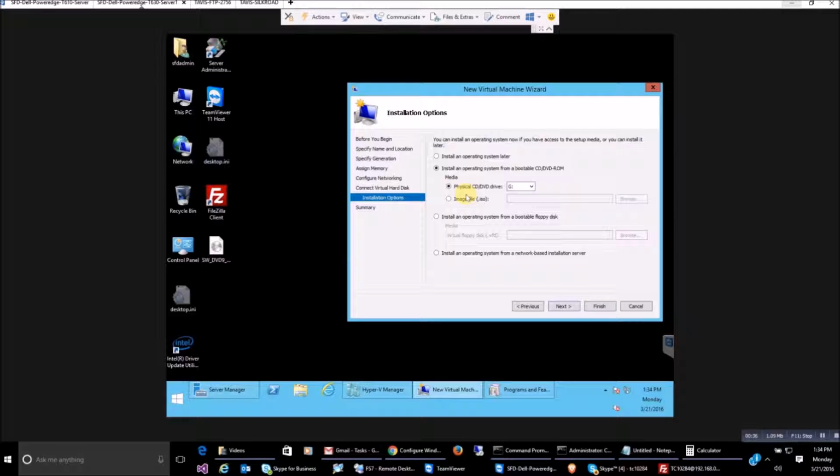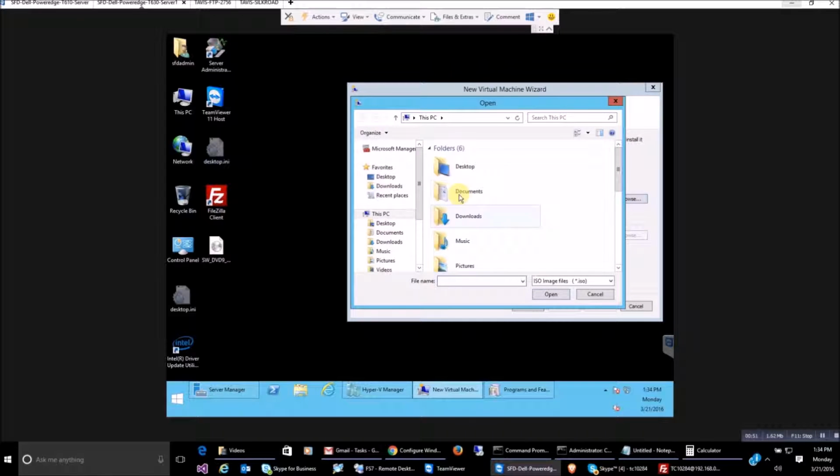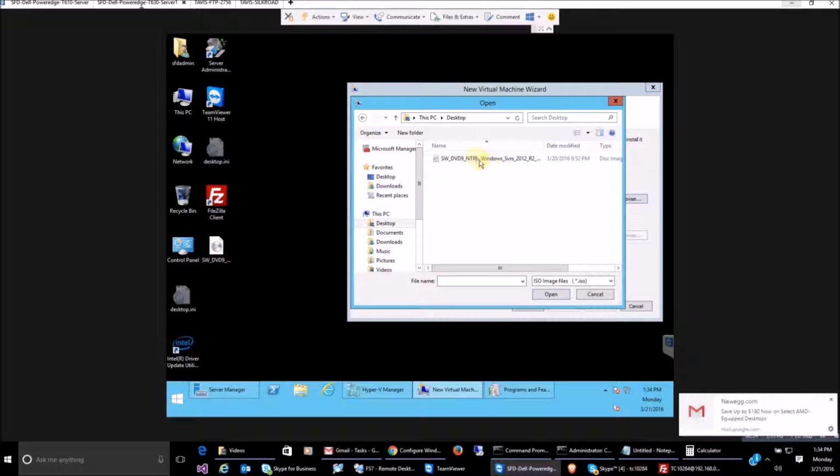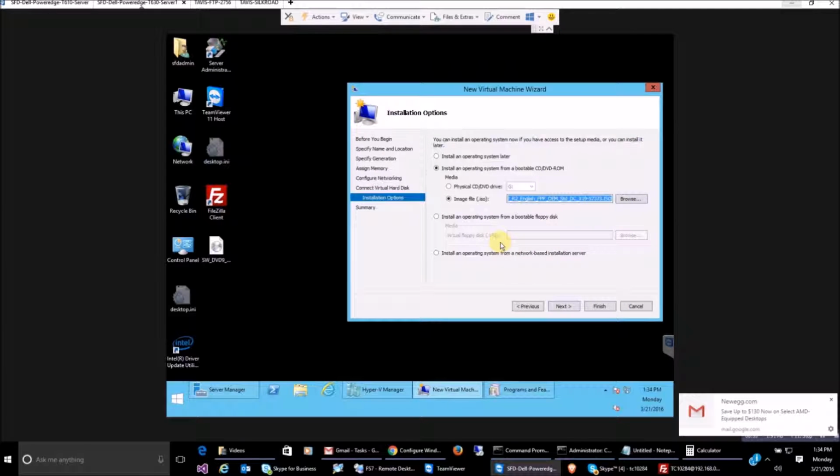Since we're doing this remotely, what we're going to do is use an ISO, which I've already got copied to the desktop. It's Windows Server 2012 R2 Standard. So we're going to choose image file ISO, click browse, go to the desktop and click on our image, click open, go next,